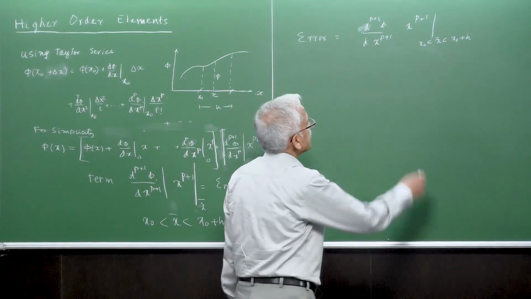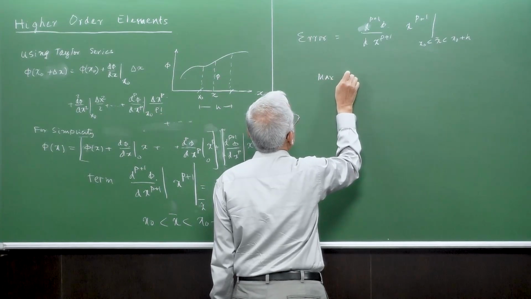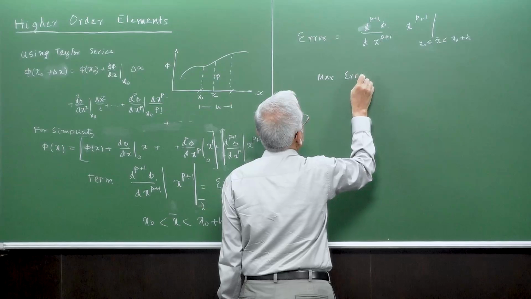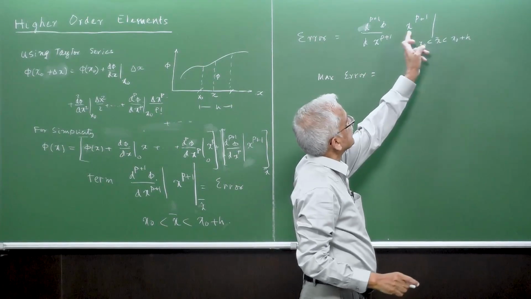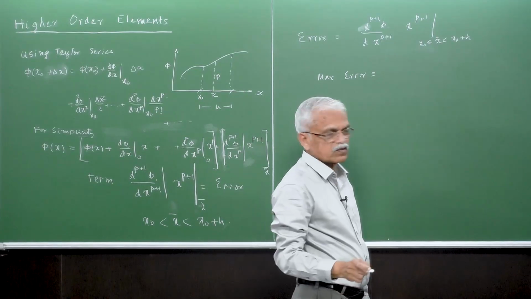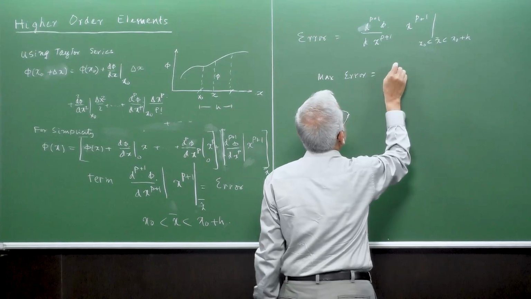So what is the maximum then? Maximum error is when this x becomes h, and we write it as